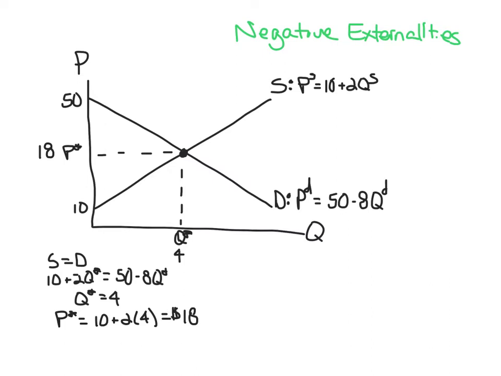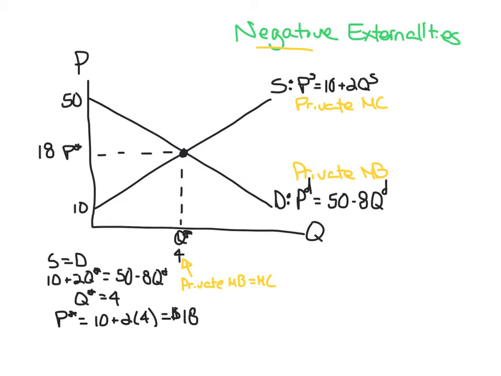It only internalizes the private costs of making the cigarettes, so the private marginal cost, and the private marginal benefit for the consumer of the cigarettes. So when we solve for Q star, this Q star is equating the private marginal benefit and the private marginal cost to get us to an equilibrium. And normally that would be the efficient outcome, but it's not in this case